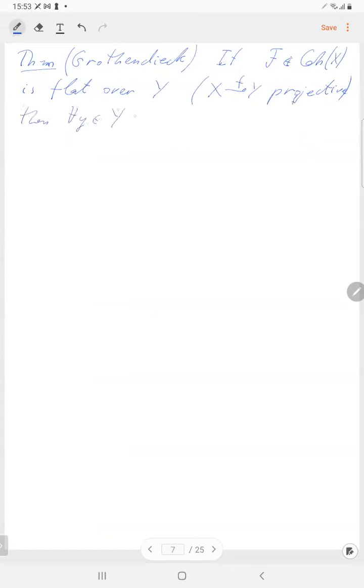So if F, a coherent sheaf on X, is flat over the base Y, and recall that X to Y was projective, then any point in Y is contained in an open neighborhood U,